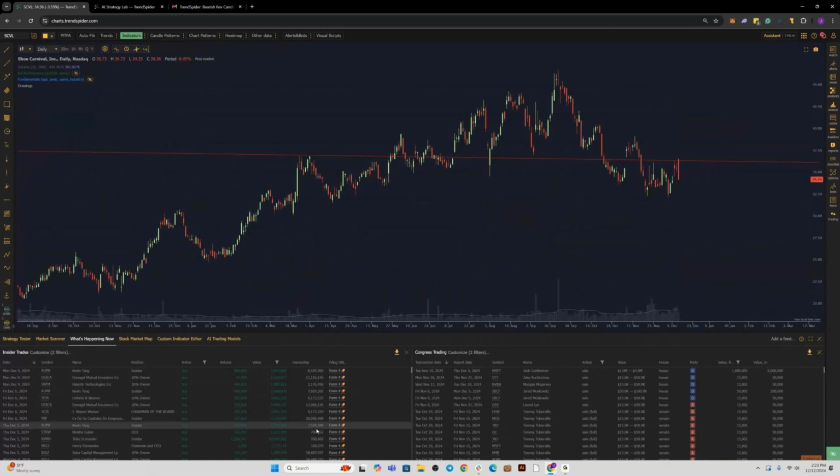This really helps me find trade ideas. Basically, I'll use it to see where insiders are buying a lot. Where are they selling a lot? Where are the unusual options orders? Where are the big unusual options orders? That sort of thing.